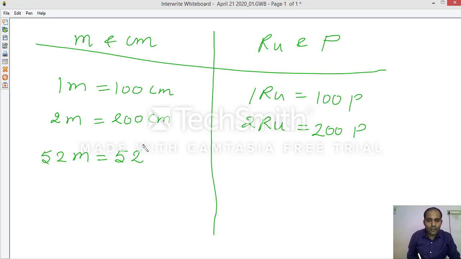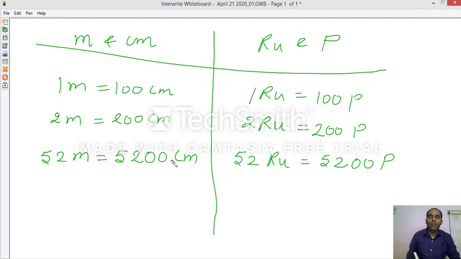How many zeros will I add? 2 zeros. Centimeter. If we talk about 52 rupees, I want to change it into paisa, 52 and 2 zeros, that will be changed into paisa.